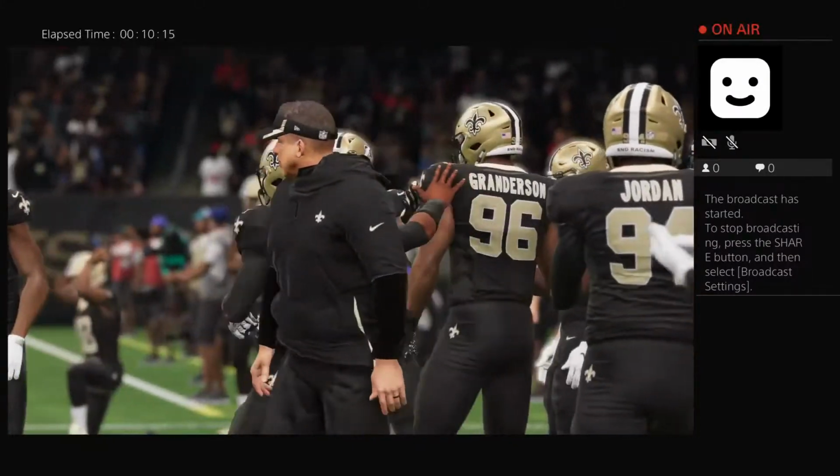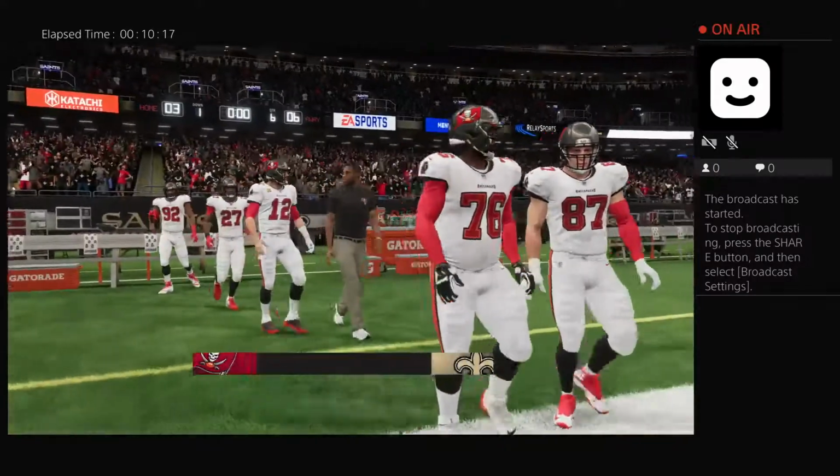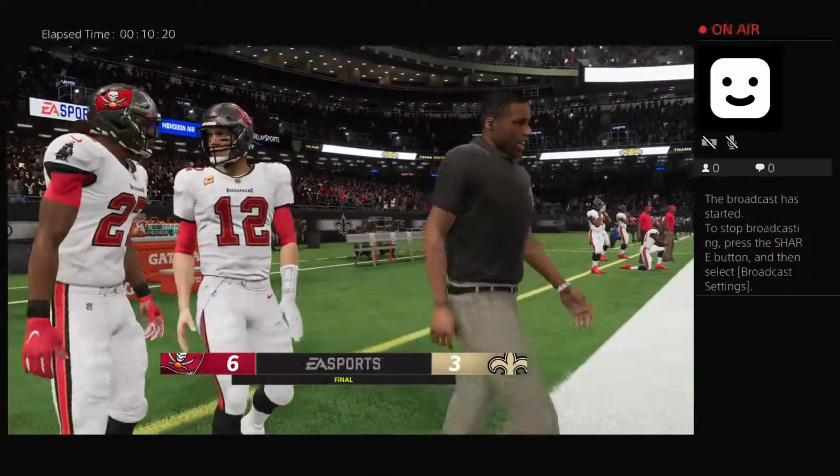Well, we were on hand for a fun and entertaining game here. Coming down really to that last play. Great job defensively to get the